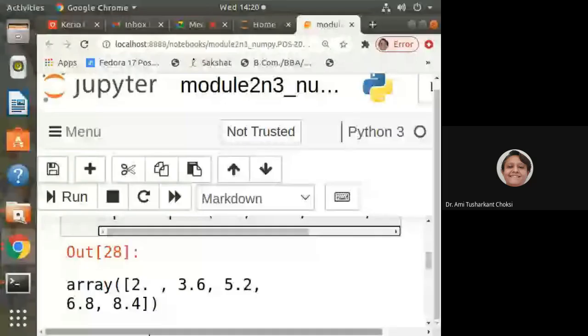What is this? Should it have 2 plus 5, then plus 5, then plus 5? That was in arange, not here. Evenly spaced numbers we want to have. Now here, 3.6 minus 2 is 1.6.